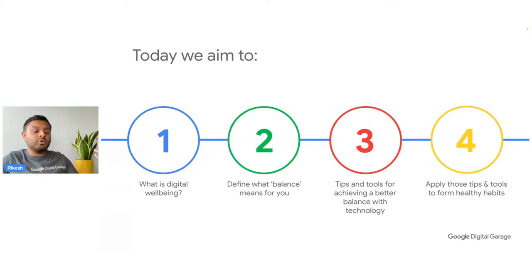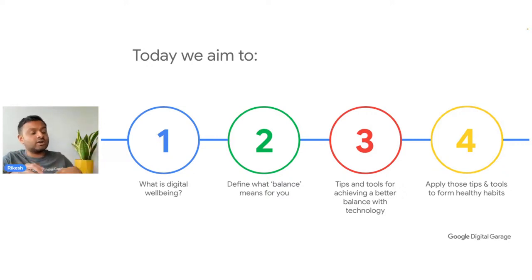Now, once we've defined what we mean by digital well-being, we want to press ahead and look at how we can get that digital well-being for us. So we're going to be looking at what the right sort of balance means for us. This is going to be very individualistic, which is why I mentioned grab yourself a pen and some paper, just so you can jot down some notes in terms of some of the questions that you will see appearing in this section.